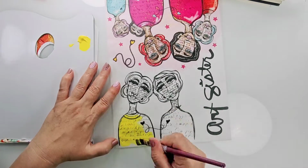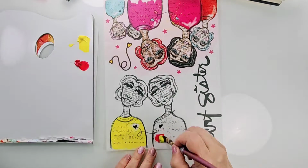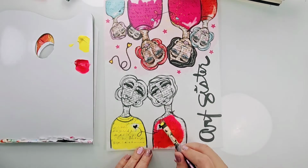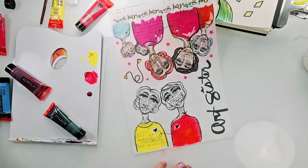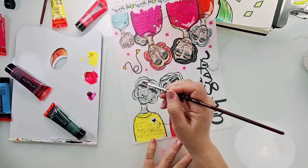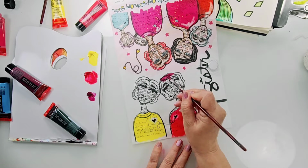Now, as I mentioned, for the second page, I'm using one without color. I'm using the Art Sister design, and I am adding the color with some acrylic paint. And as I mentioned in the beginning, you can really use any kind of medium, but keep in mind that